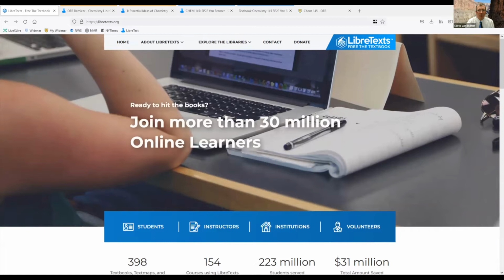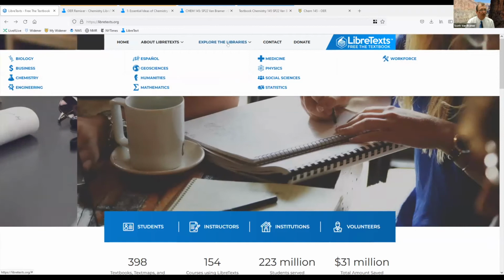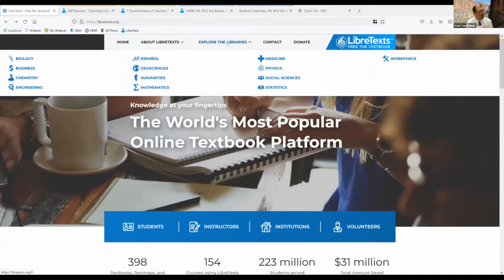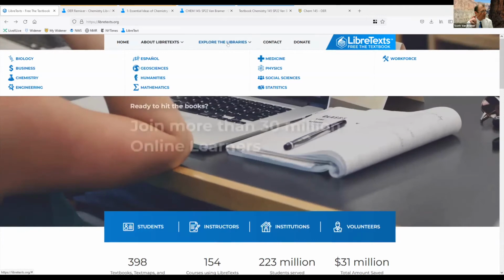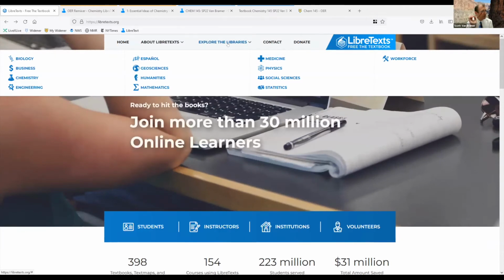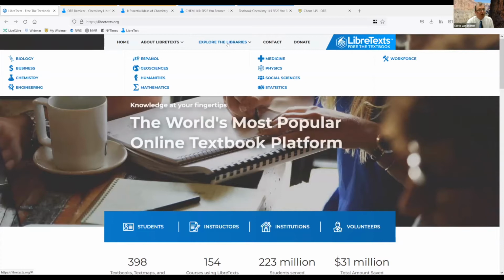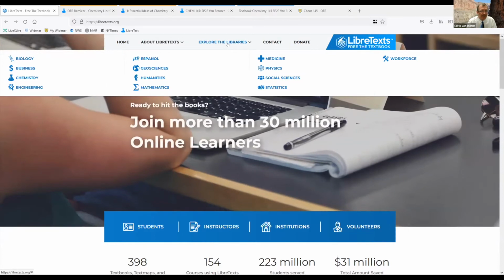The system I'm using is called LibreTexts. I want to start on this page to let you know LibreTexts is funded by the National Science Foundation. It started off in chemistry and has been expanding. I saw Jessica is here, there's some humanities content, and for Luke, there's some social science content. I don't know what the depth is, but if you go to libretexts.org, you can find out. The thing that's really cool here that I want to show is, Adam talked about the different types of Creative Commons licensing.